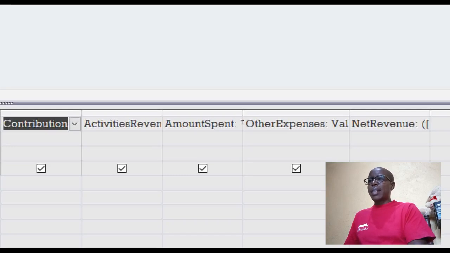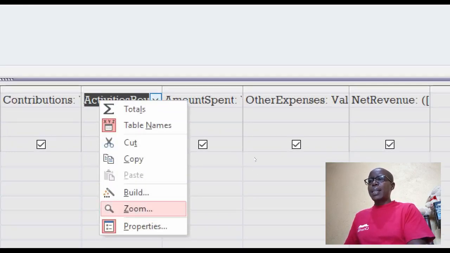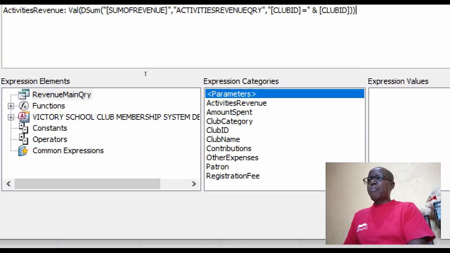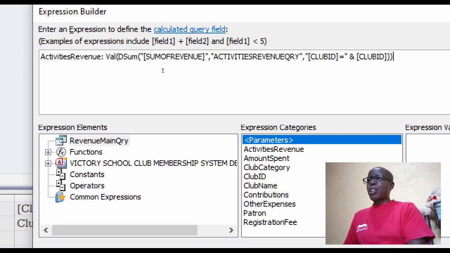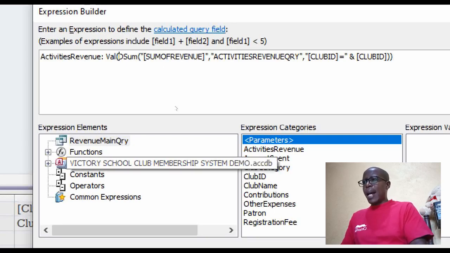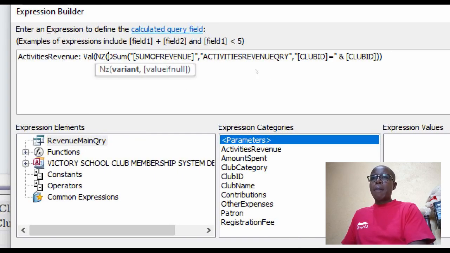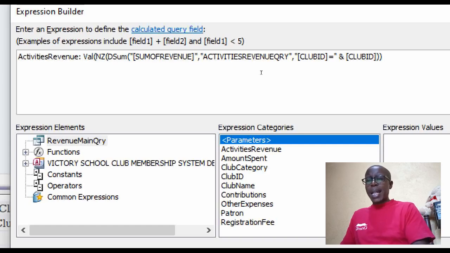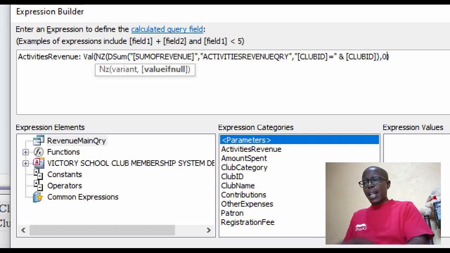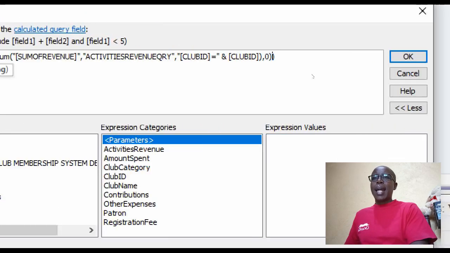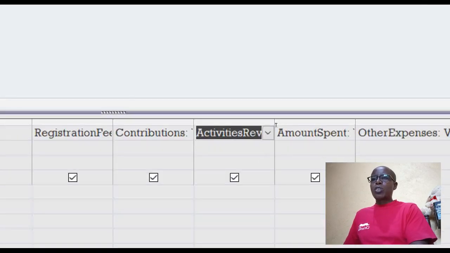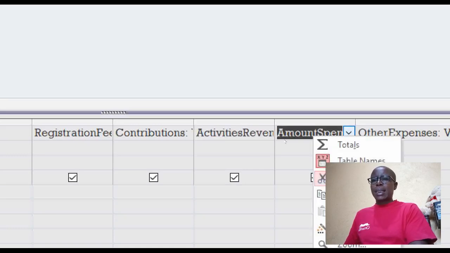Then go to activities revenue, build, repeat the same procedure: before the keyword DSUM, put the keyword NZ, open bracket, between the two closing brackets put the cursor in between, put a comma, put a 0, and then put a closing bracket there, and then go to amount spent, repeat the same,